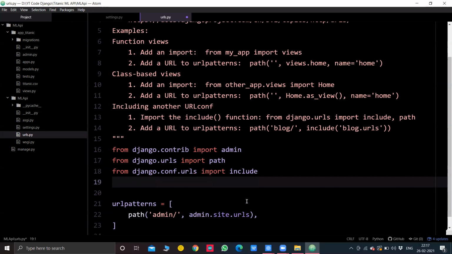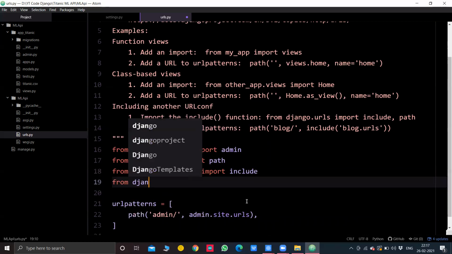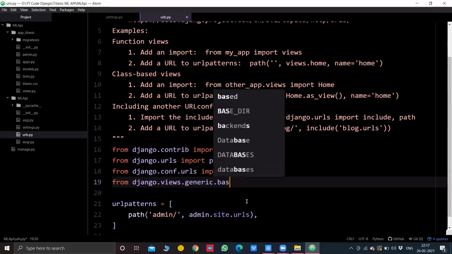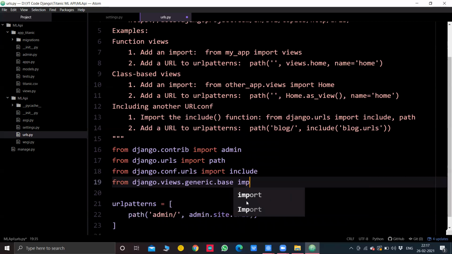I'll also import redirect view because we'll have to redirect our project homepage, that is the blank server link, to the project and then to the application. I've explained it in the college API, so I'll just type it out here: from django.views.generic.base import RedirectView.